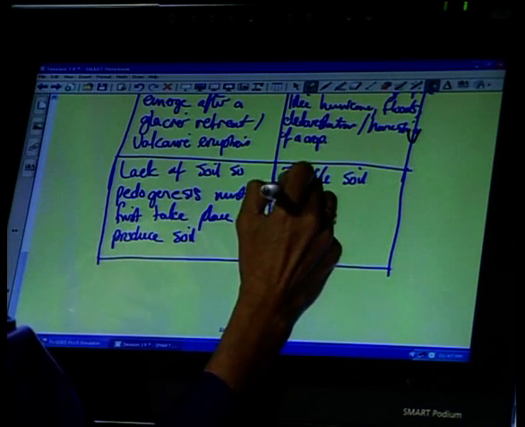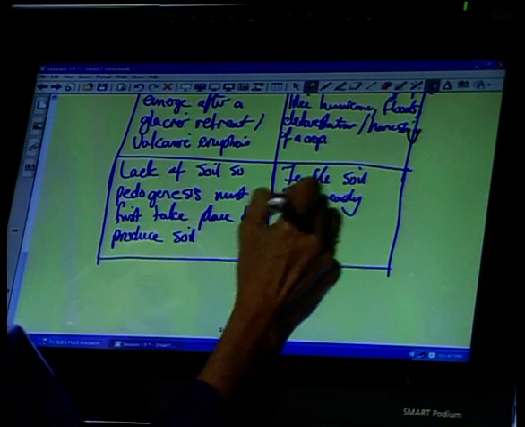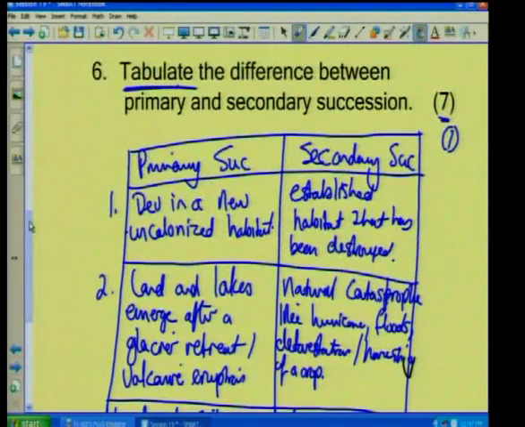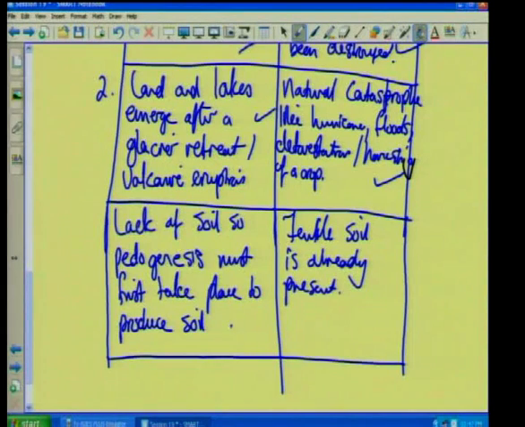Because remember, if a field of mealies has been harvested and that field is now cleaned and all the rubbish is taken out of it and they plow it over and the dead organic matter is put back into the soil, you've got fertile soil, you've got some seeds sitting there, you've got nutrients in there, you've got dead decaying matter in there. It is fertile. It just has no plants. All right, so that would be the difference or the comparison between primary and secondary. So that would be a mark, that and that and that. And then we move down to 3, plus 1 for drawing a table, and that will give you your 7